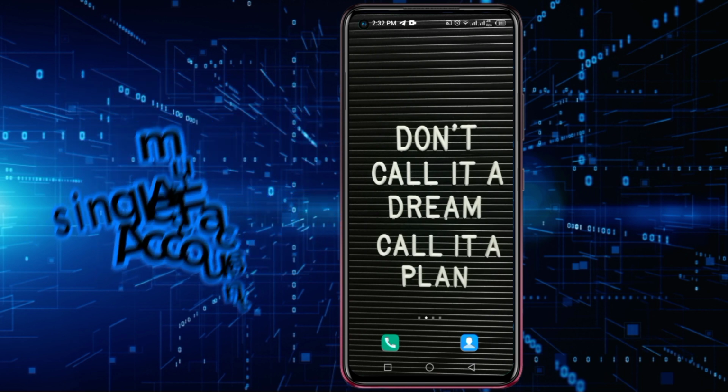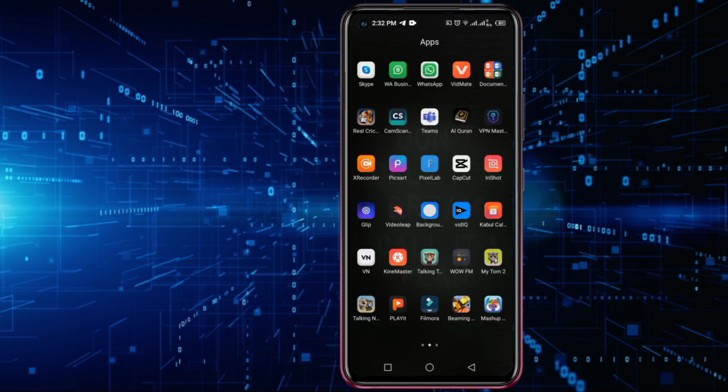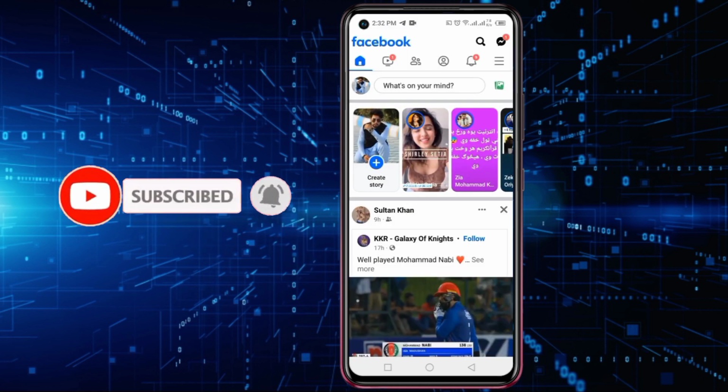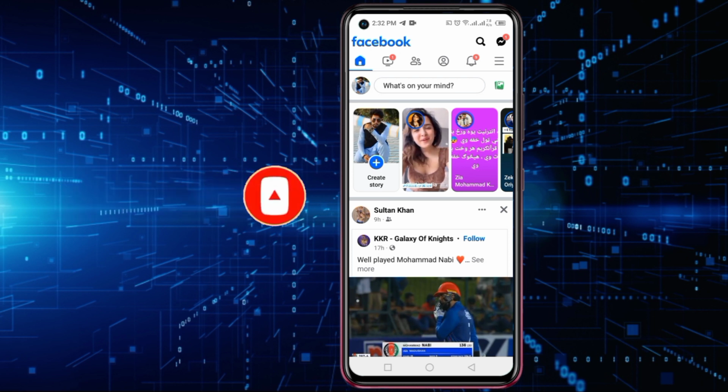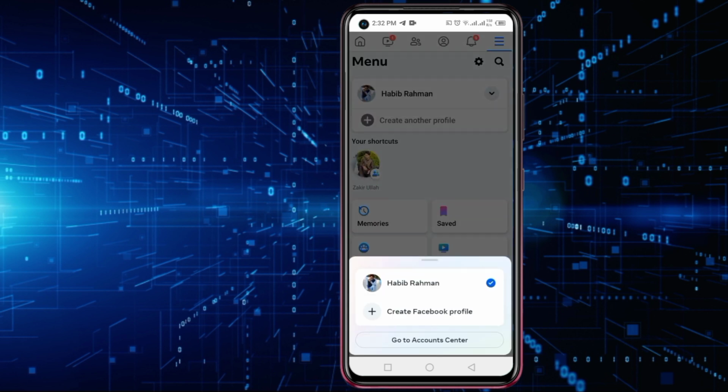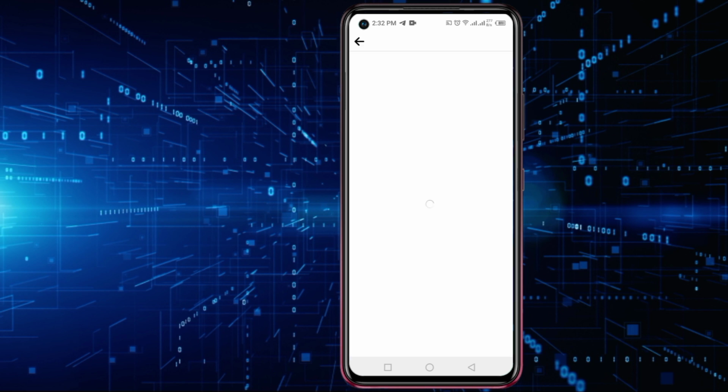Now, first of all, we should open the Facebook app, and when you open it, just tap on the three-line menu icon at the top of the screen. After that, just tap on the display that shows your name, account, and photo. Tap on this, and here you will see Create Facebook profile. So tap on this,